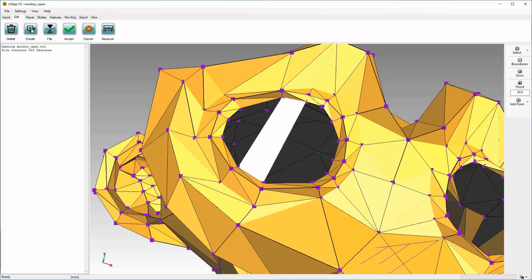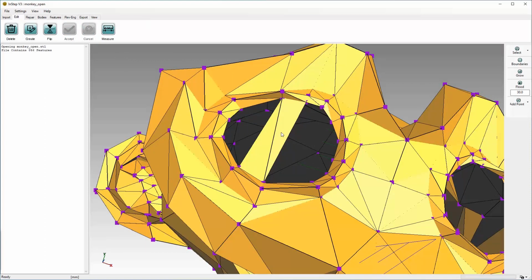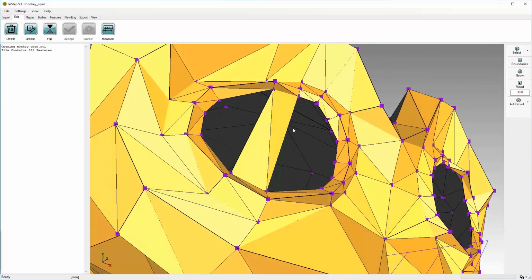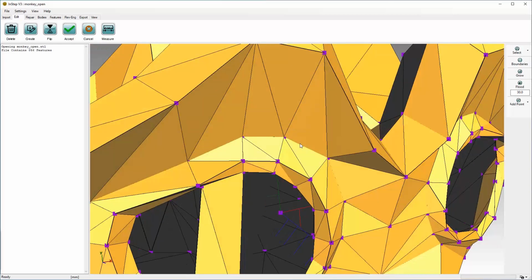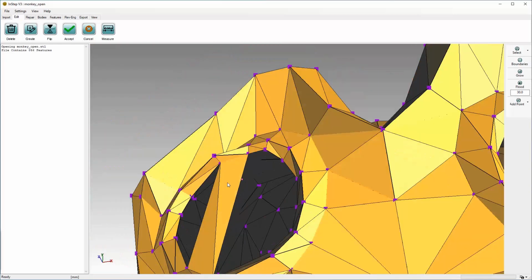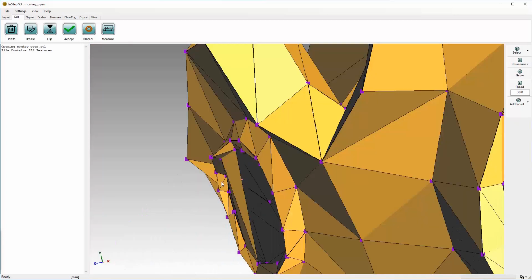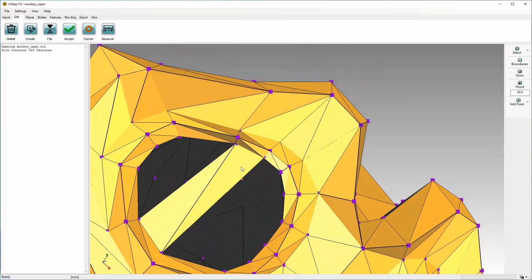So if we again create the triangle, and then if we go ahead and accept that, we see that the orientation is now correct. If we picked an order that was opposite, so we select this, followed by this, followed by this, create the triangle, we can actually see that it's dark on the outside and light on the inside. That indicates that it's not correctly oriented.